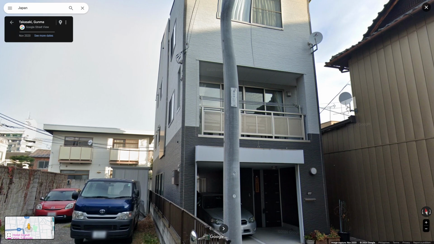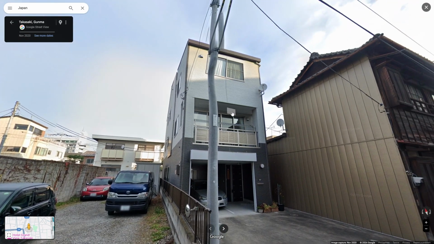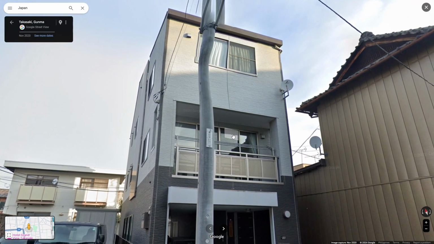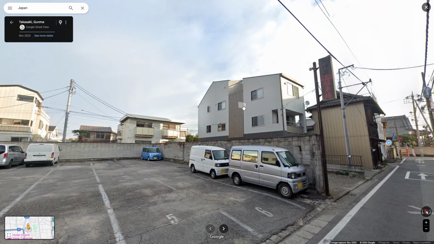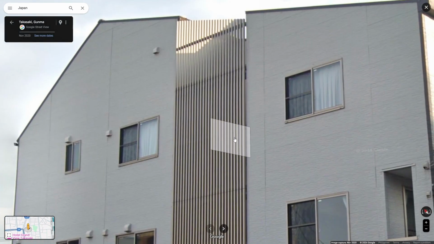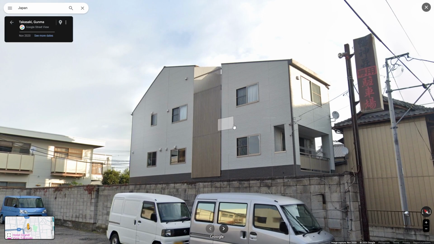I like how simple the shape of the house is. I mean, it's just a straight rectangular shape at the front, and at the side, it's a simple triangular shape with a vertical screen, which I think is a good design. And since we cannot really see the other side of the house and the back part, we can just come up with our own ideas there.